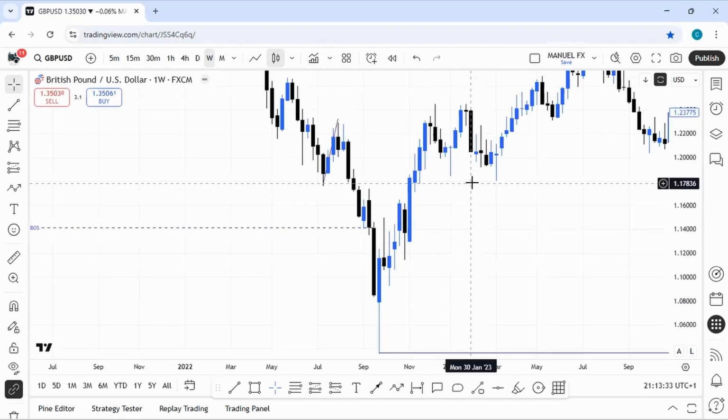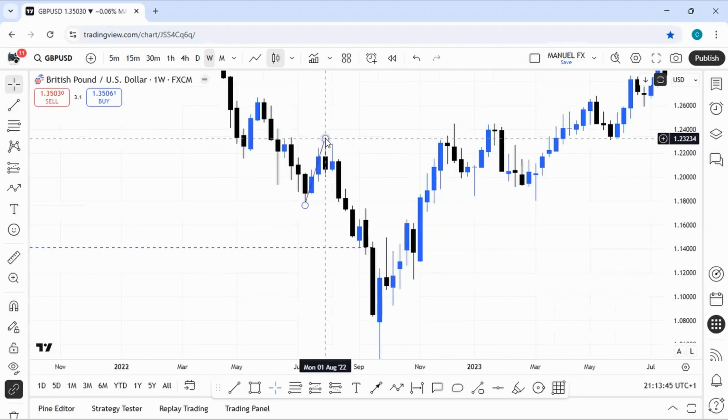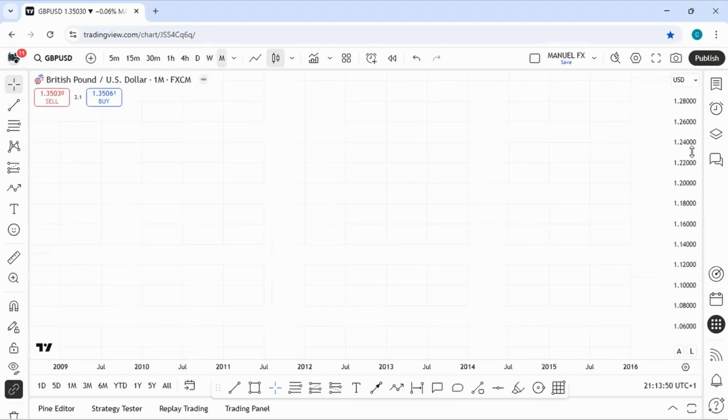When we're transitioning from the monthly to the weekly, from the weekly to daily, from the daily to the 4 hour, from the 4 hour to the 1 hour, from the 1 hour to the 30 minutes, from the 30 minutes to the 15 minutes, this automatically becomes our what? This automatically becomes our change of character. Why is it our change of character? Because